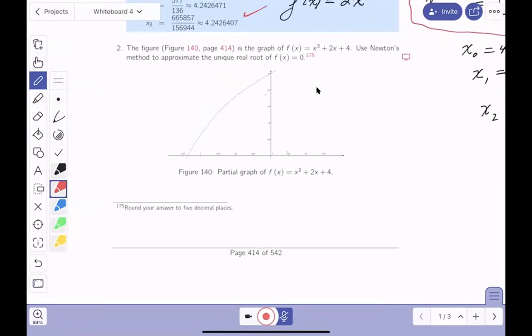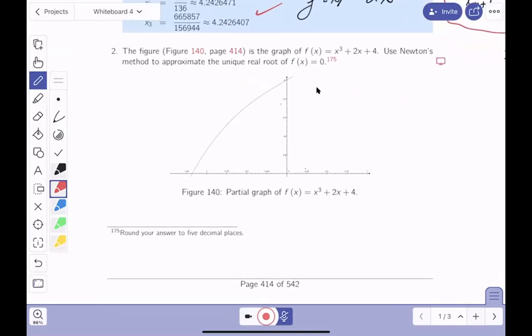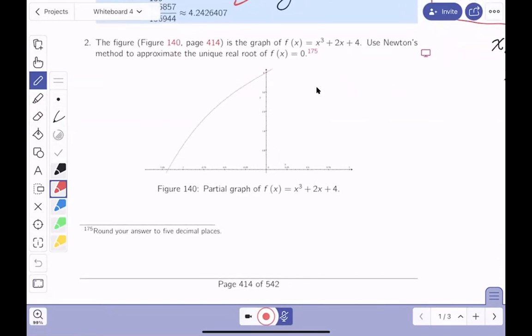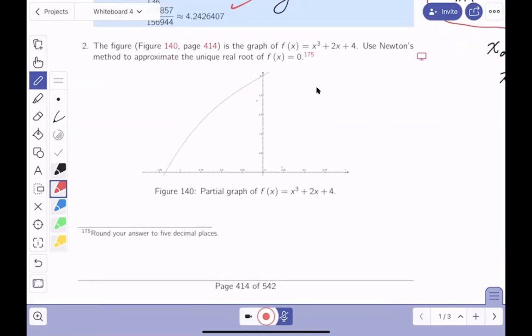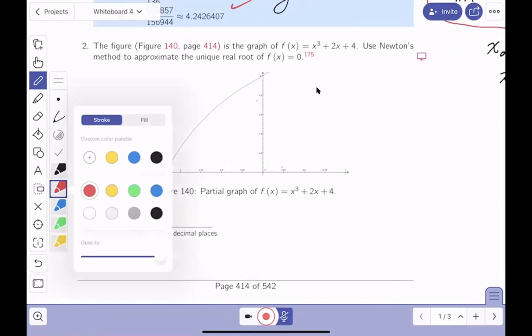All right, let's go to problem number 2. And all I'm going to do is set it up. Right, when I set it up, then we'll talk about what I'm going to do, which is go to Sage. Let's write this down. All right, so what does it say? The figure is of the graph. It says use Newton's method to approximate the unique real root of f of x equals 0. So I'm going to tell you, they want me to approximate